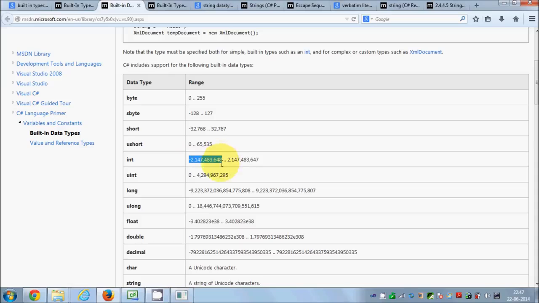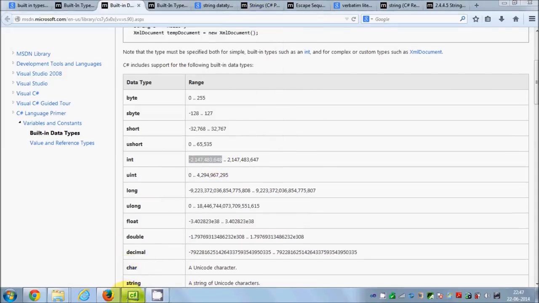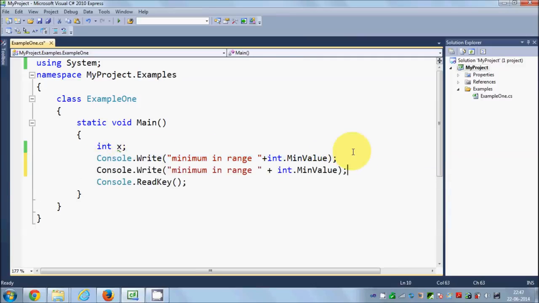You can find the minimum or maximum values using min and max value for every data type. For example, to see the maximum range of int, you can write dot max value, and here you can write max range,